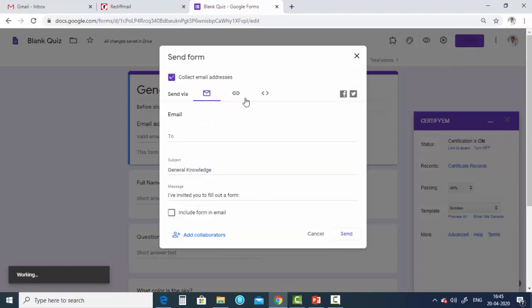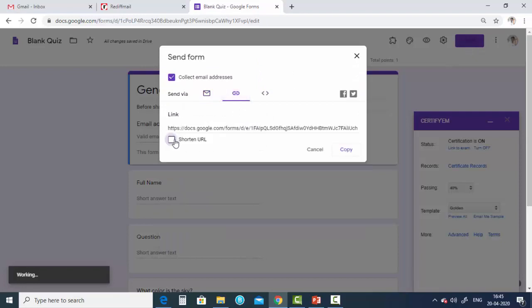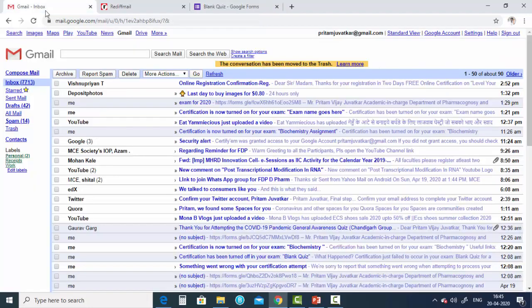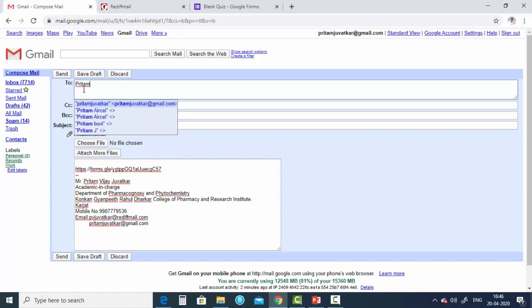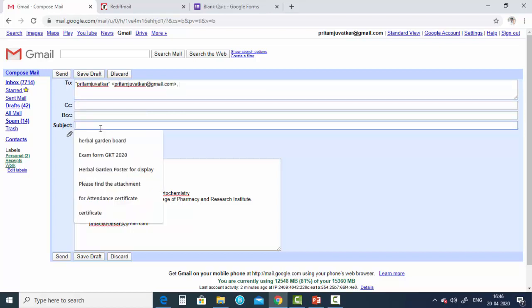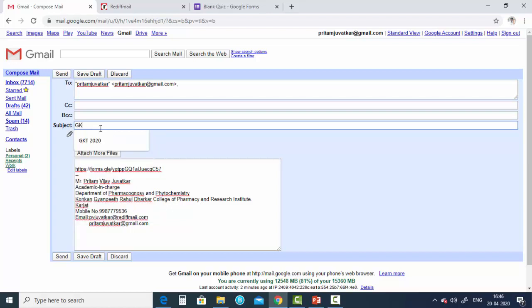Let's shorten the link. Now copy it, then I'm going to my Gmail. As we send various links through WhatsApp, you can send it there also. So here for the demo purpose I will show you. Subject is general knowledge test 2020.